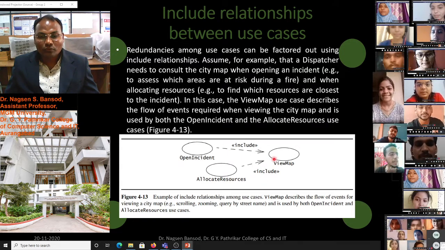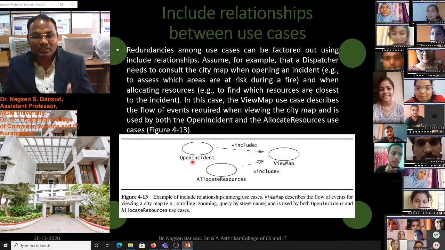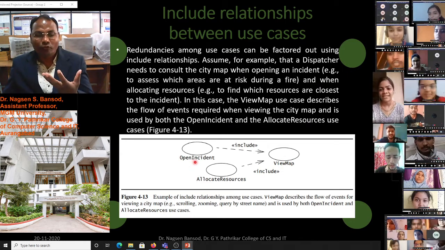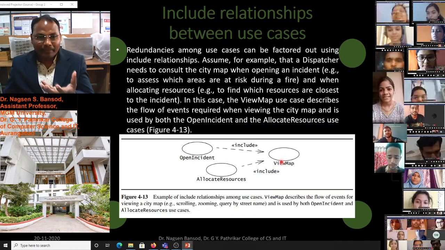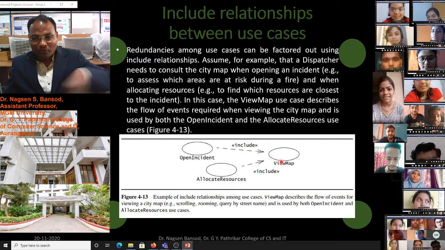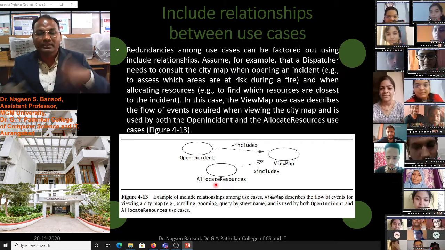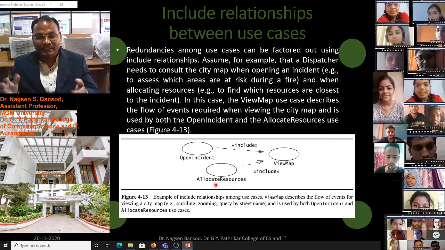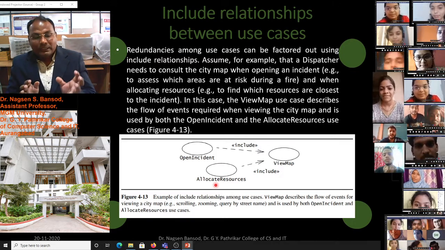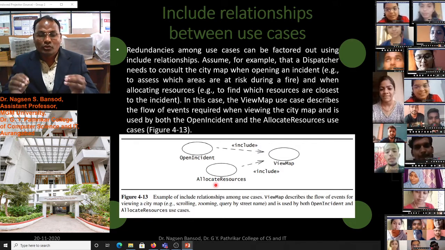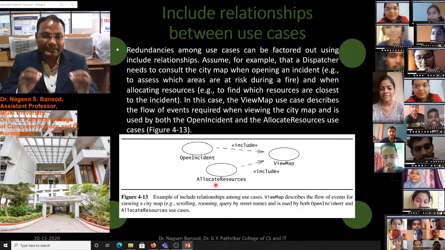Therefore this is the necessary thing: view map. Suppose for open incident, to know how much area may be covered by the incident, we require a map. Through the map we are able to find the area of the incident, as well as, for allocating the resources, from which direction the incident place is near, and whether there is space to apply the resources on the incident.